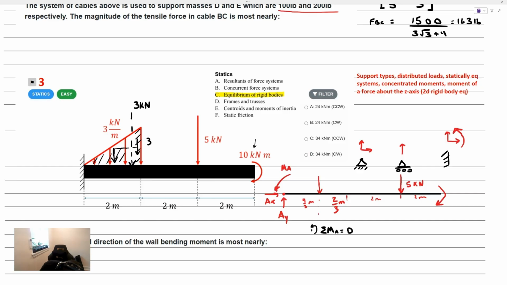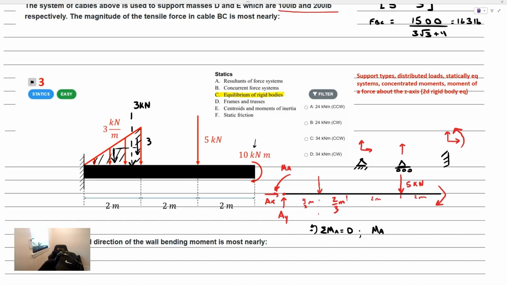Let's pick counterclockwise as our positive direction. So we have that moment, MA, right? The MA isn't going to disappear because we took a moment on top of it. The couples just exist inside of the moment equation,